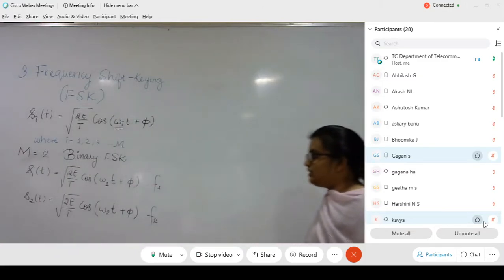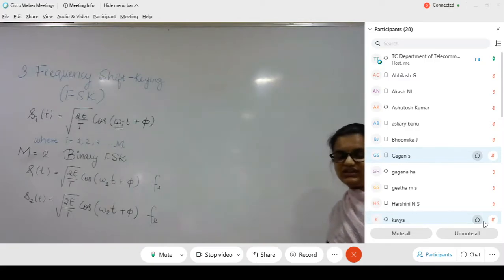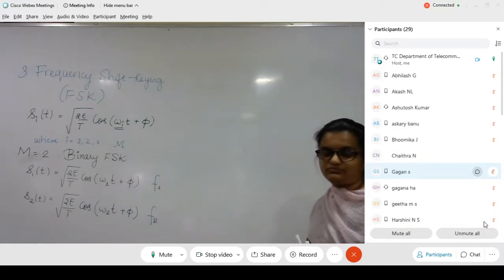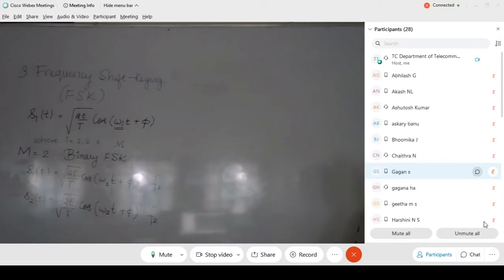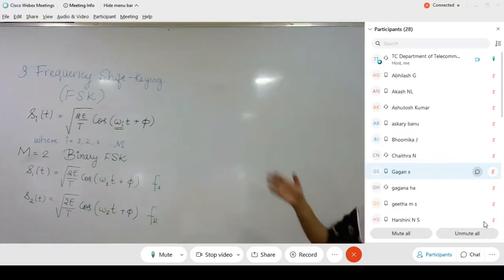Now you need to tell me how many basis functions are required here in order to represent these symbols. One, ma'am. One. Why? How one? See, in the previous cases, we had only omega naught on all the symbols. Even in ASK, even in PSK, we had omega naught constant. Either we had cos or we had sine in case of PSK. So we said the number of basis functions required is either 1 or 2.